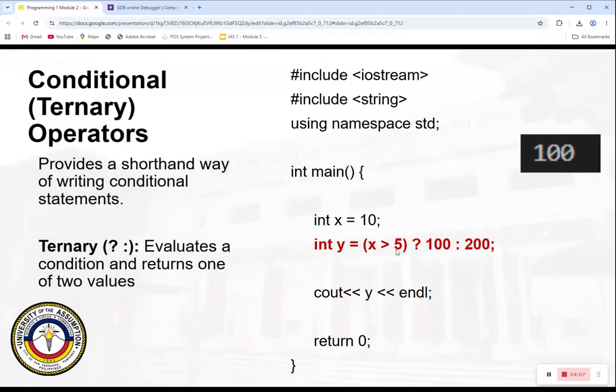If the condition is true, that's 100. If it is false, that's 200. And the condition here is true, so that would display 100.